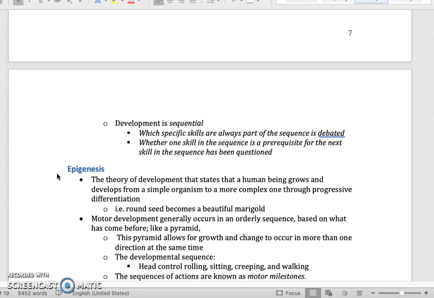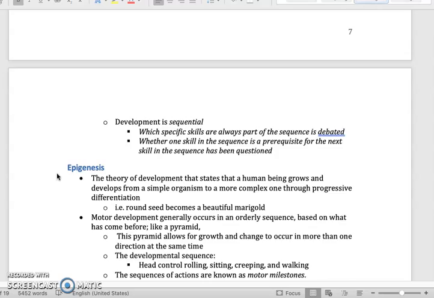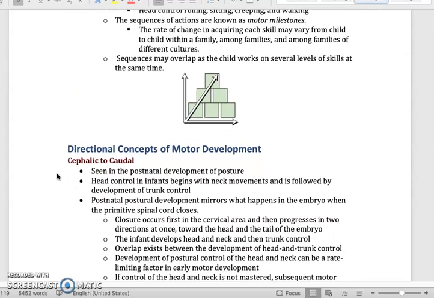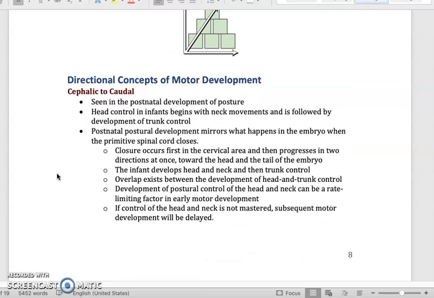Developmental concepts. Now, these are some things. Epigenesis is just the ability for the human body to adapt to change. And that's not as important to me, but I do want you to be familiar with these terms. So we talked about it. From now on in class, or even anywhere you are, you always want to name what's going on with a person's entire body. You want to look at them globally. And so we're not just treating a shoulder, we're not just treating an elbow, we're not just treating a knee or a lower extremity. We want to look at the person holistically.